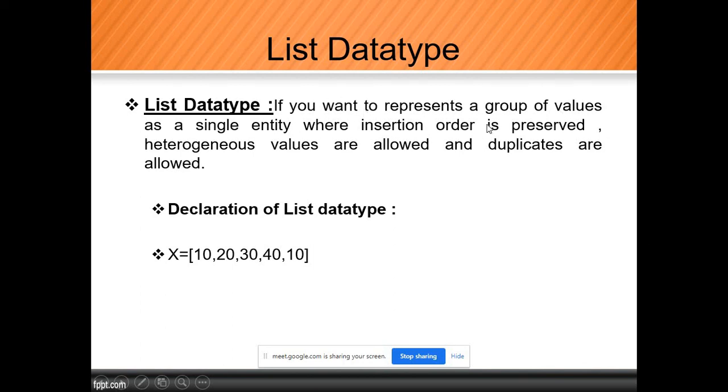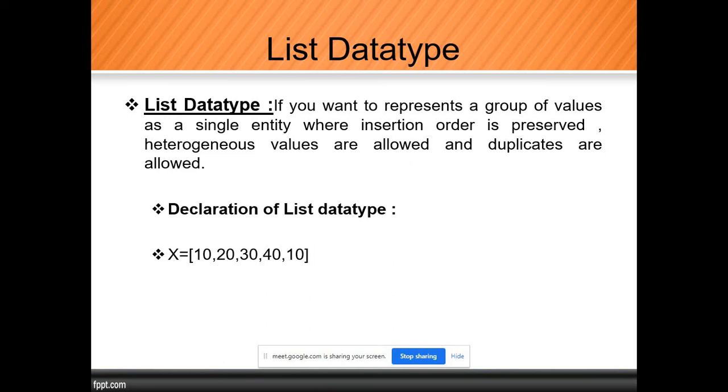So if you want to represent a group of values as a single entity where insertion order is preserved, we will discuss that. Heterogeneous values are allowed and duplicates are allowed. That means with these 3 conditions, if you want to represent a group of elements, then we will use list.